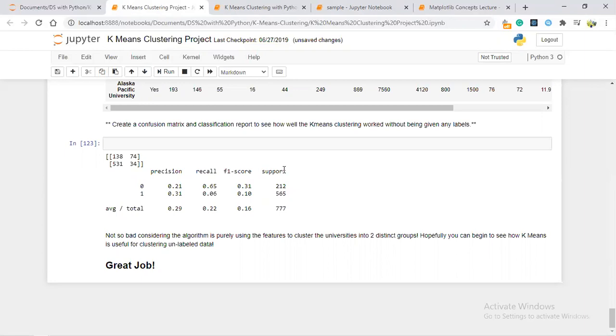Any questions? No, ma'am. First, you apply this with your iris data set. Then only you can understand how this is working. Okay, it's a very simple algorithm only. Nothing to worry too much.